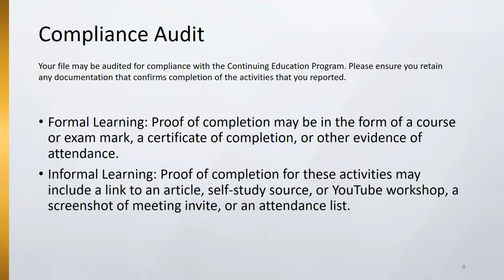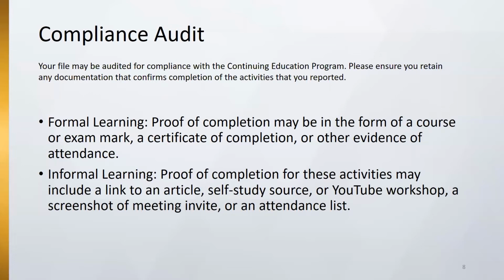So, like I said before, it is a good practice to have a separate folder on your computer where you collect that information, to make sure that in case the council contacts you and asks for it, you will be able to provide it, and you're not digging through your inbox, going through documents, trying to find it. It's just easier to keep it in a folder separately on your computer. And in case we contact you and ask for that, then you can provide it for us.